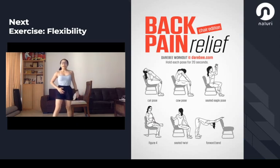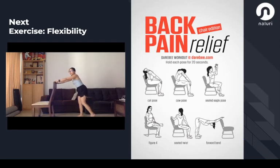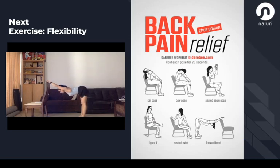And guys, last stretch here. So we're going to go into a downward dog, but with a chair. So you still have your chair handy. You're going to grab the edge of the chair, and you're going to push your butt back, lean back. Go into this